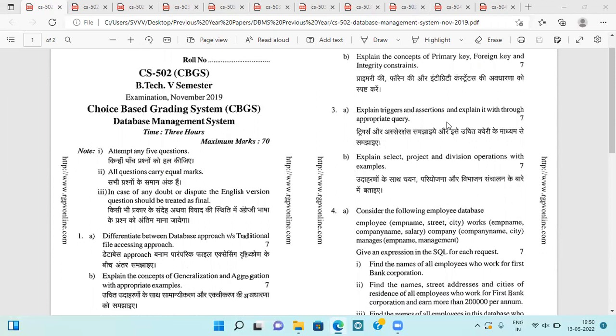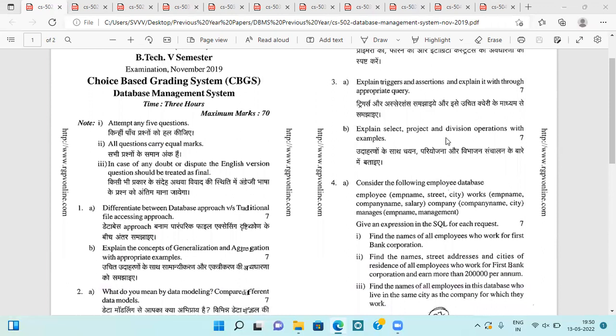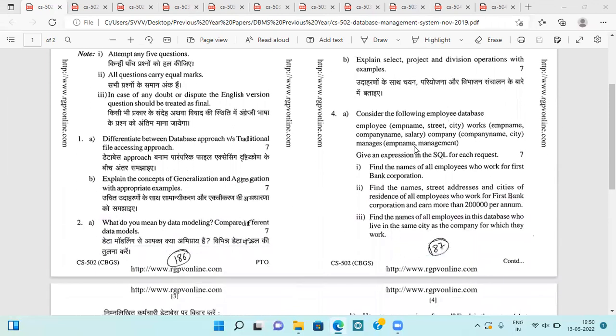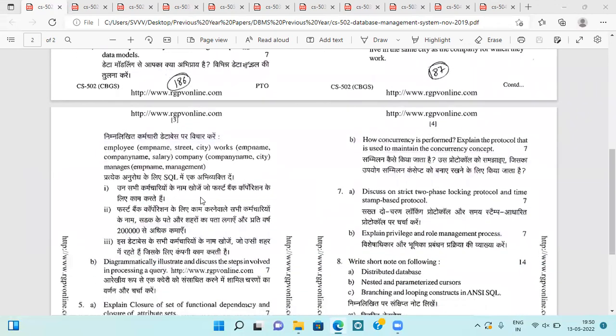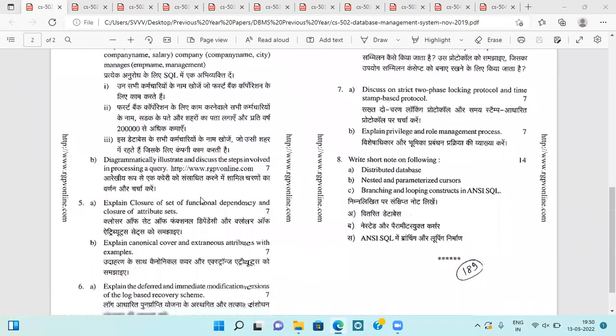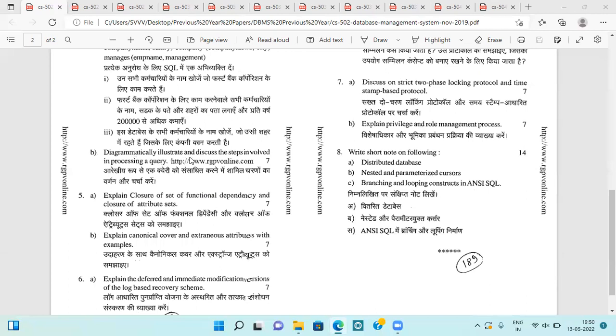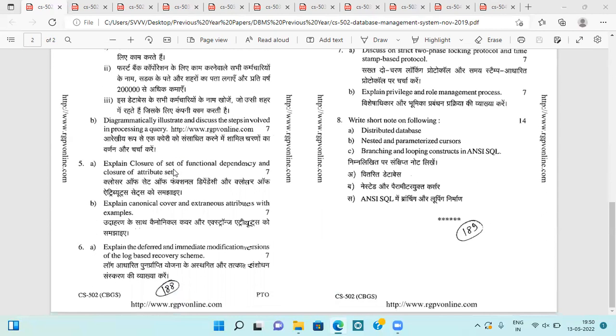With the help of proper query we have to explain it. Then select, project and division operations with example. Then a database is given and we have to answer these questions on the basis of that. And then diagrammatically, we have to illustrate and discuss the steps involved in processing a query, closure of set of functional dependency